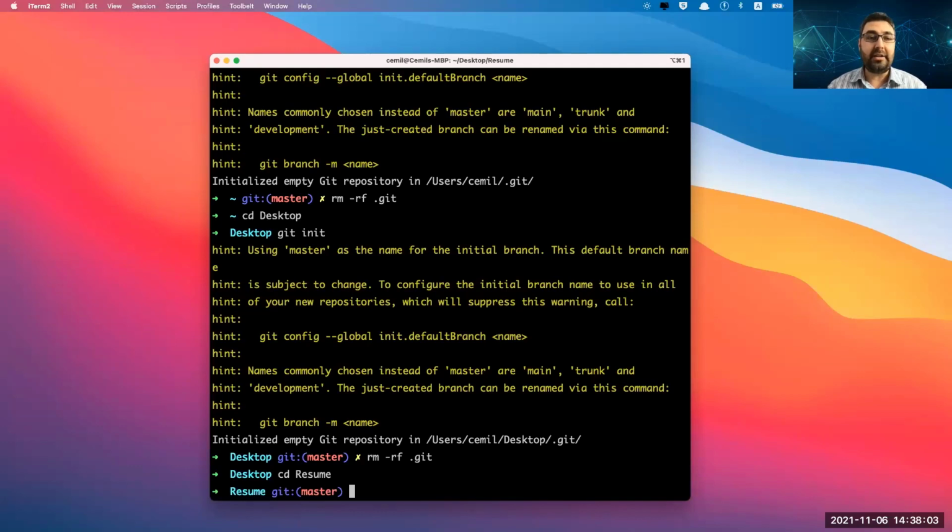Well, Aisha, your question is how can I get rid of that Git master thing? Just write this and hit enter, which will remove your .git folder. So if you think it's not the correct repo, and it shouldn't be a repo, for example, your home folder shouldn't be a repo, your desktop shouldn't be a repo.